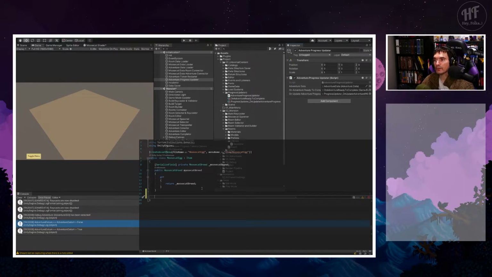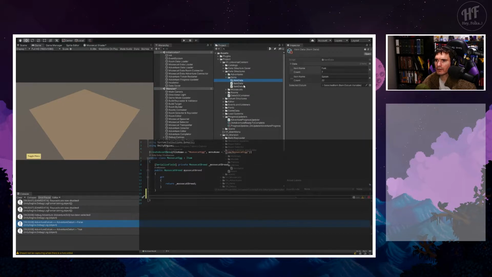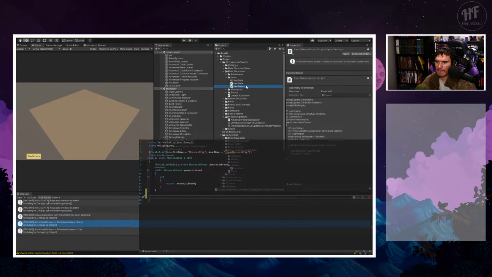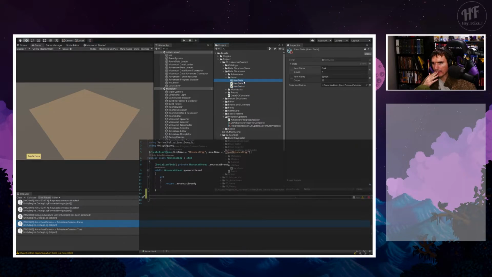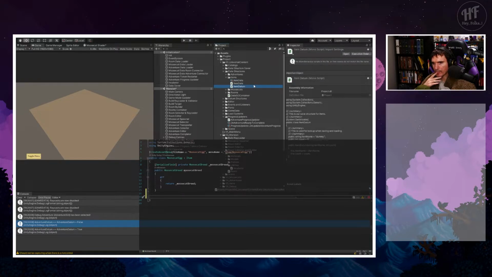Oh yeah, so we would want in the actual item data section to make another kind of item datum, which is